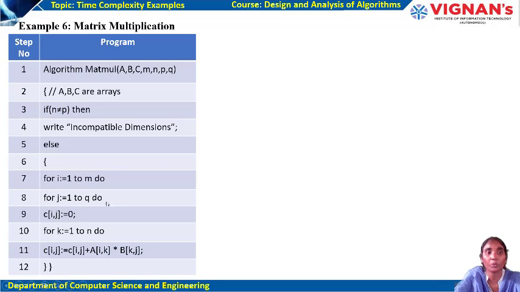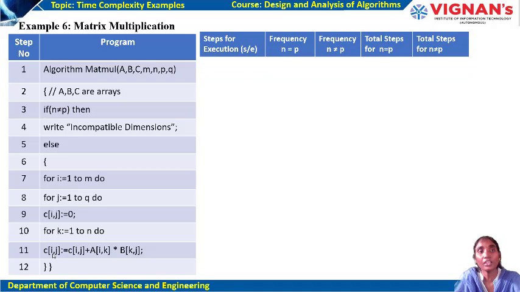So now for i equal to 1 to m, for j equal to 1 to q. m and n are the order of the first matrix, p and q are the order of the second matrix. A and B are the input arrays and C is your resultant product. Now, C of i,j is equal to 0 initially and then k equal to 1 to n. Here what we are doing: C of i,j plus A of i,k into B of k,j. As I said, the row is multiplied with the column, A of i,k into B of k,j, and this is being added to C of i,j, and finally we are keeping it into C of i,j.